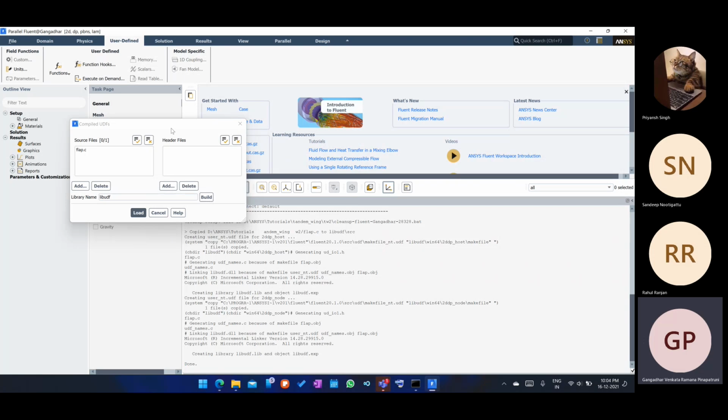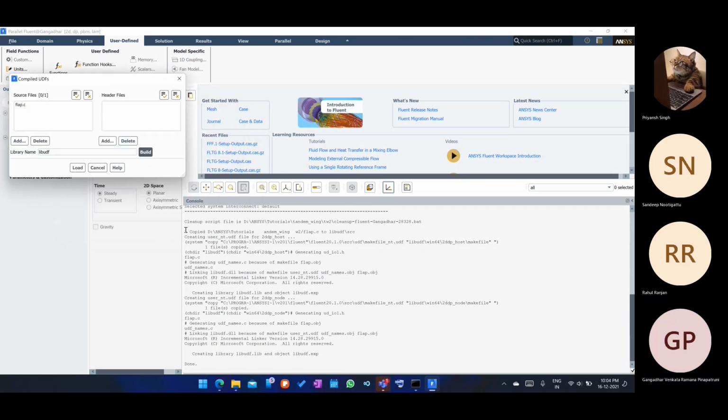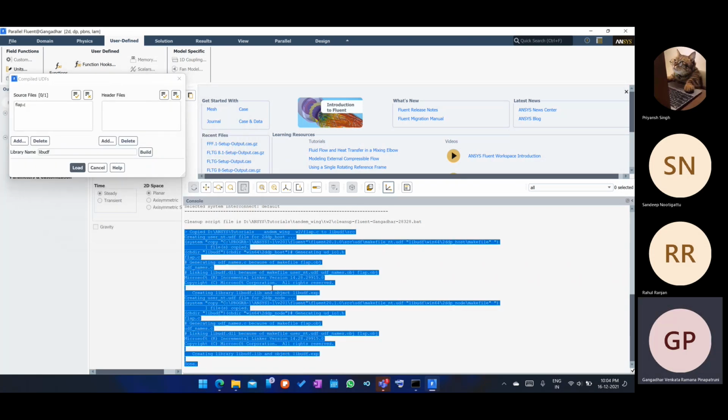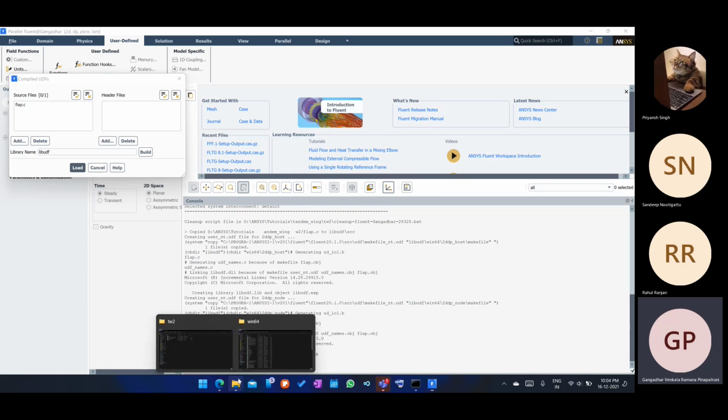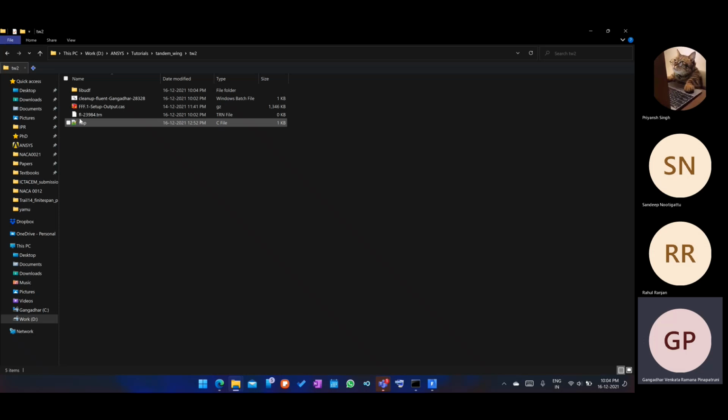Let's see whether there are any errors or not. If you find any error here, that means your code is not compiled successfully. So you can check here. Is there any error here? I find no error, so the code compiled successfully. Another thing: after successful compilation of your code, you can find in this TW2 folder